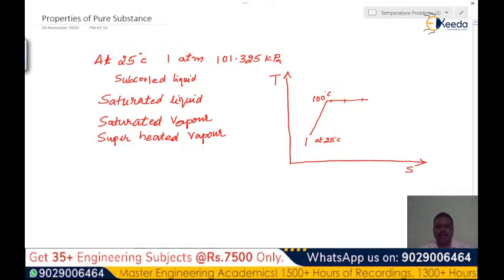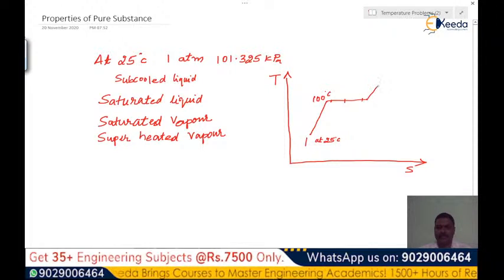And at this point it is 100% vapor and 0% liquid. So this point is called as saturated vapor state or dry steam, right? Dry steam, that means it does not have any wet content. So this phase transformation takes place at a constant temperature, and if heat is added beyond this point, its temperature